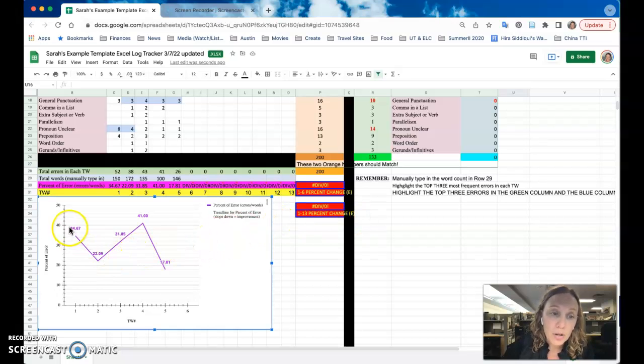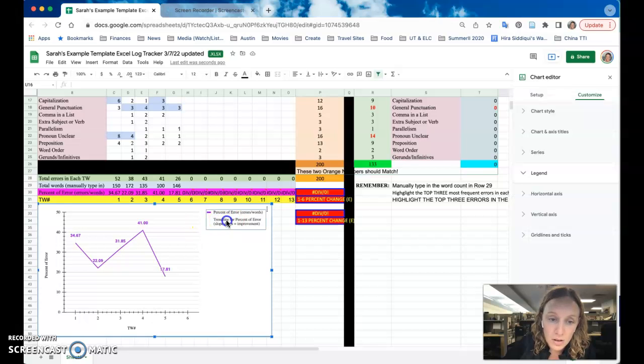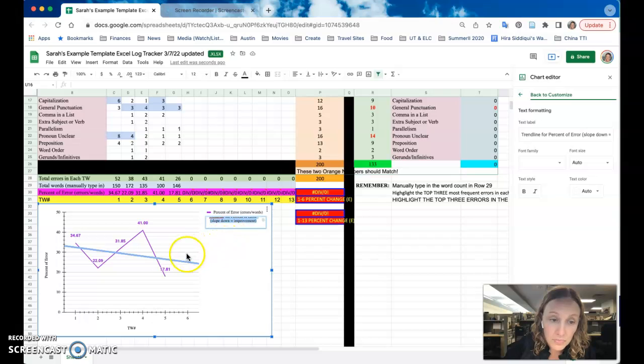In the graph, the purple line is showing my errors themselves. You'll notice that mine does not show the trend line. There's a reason for this. If you double click on your little graph here, so notice it's showing the trend line now, but why is it not showing on the graph? On the right side, it says